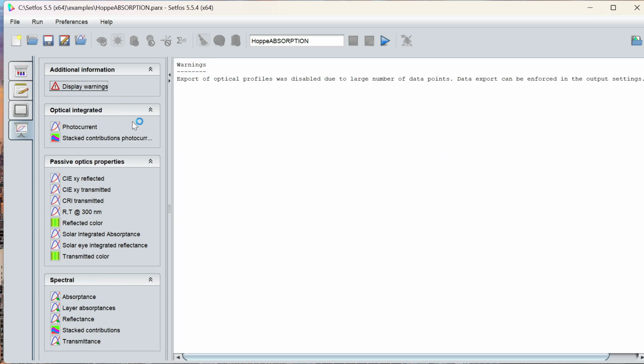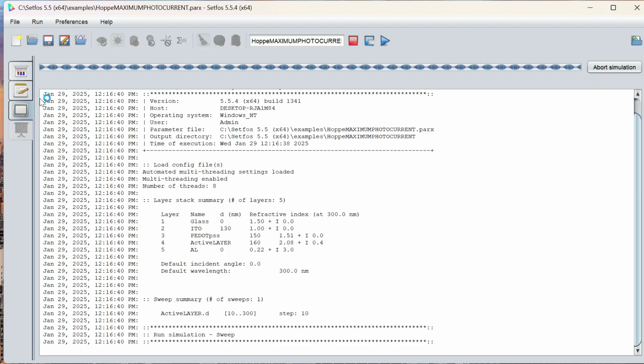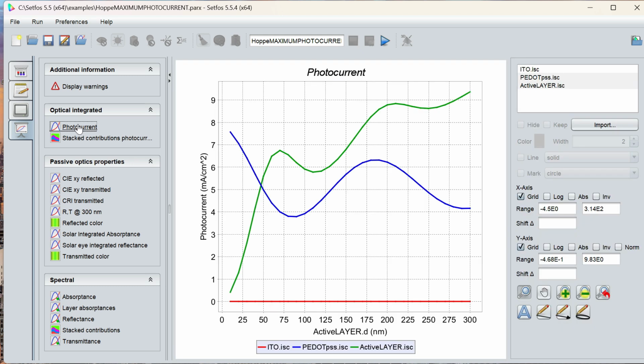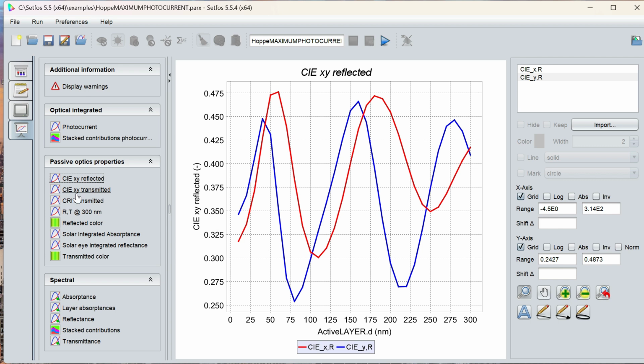Now we are going to reproduce the maximum short circuit current with the same structures. It is the same layer structure, but we need to change the active layer thickness variation. In the SIP mode, you can take values here 10 to 300. Step here 10. Photocurrent. Simply click the play button. Now you can see the graph of the photocurrent. You can see the variation, stacked contribution photocurrent, passive optic properties,